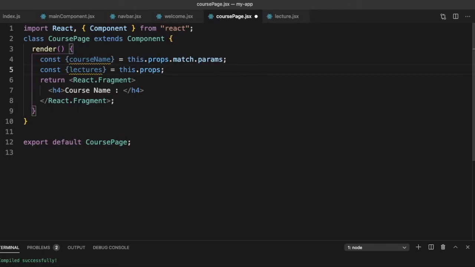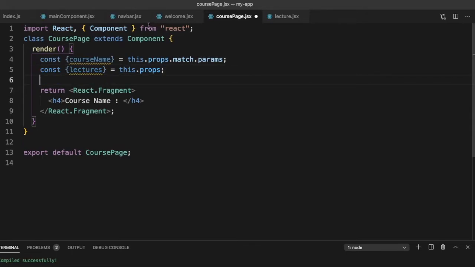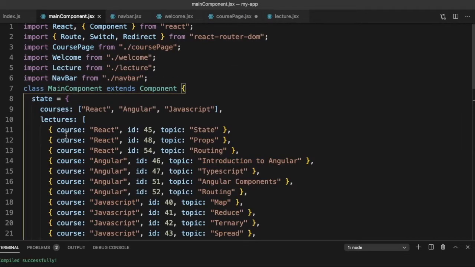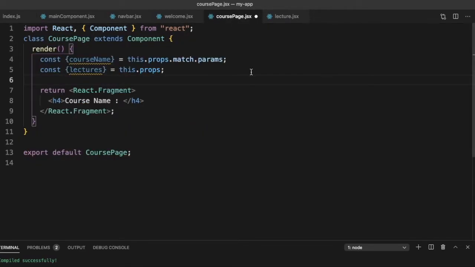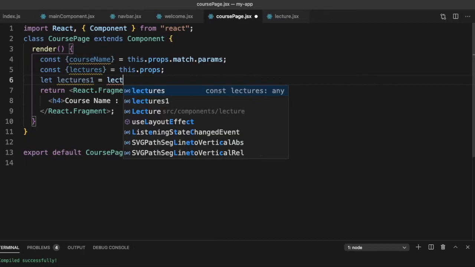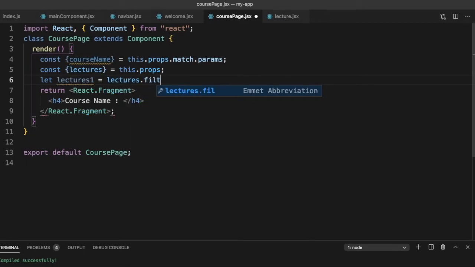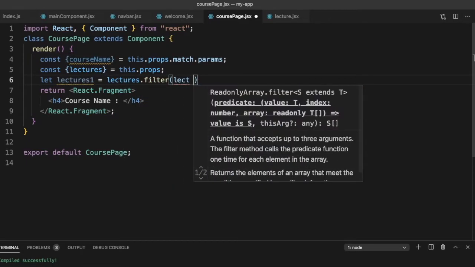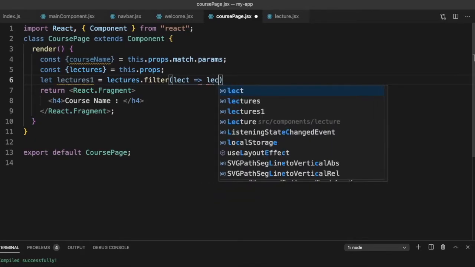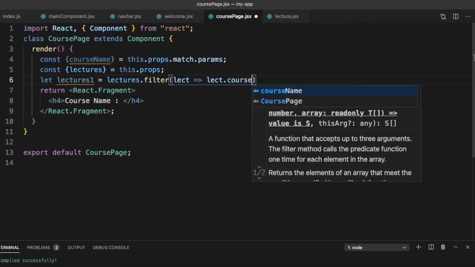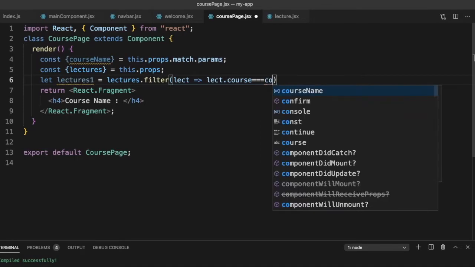And what do we need to show? We need to show all those lectures with this course name. What's the field in main component? It is course. So we can say let lectures 1 is equal to lectures dot filter lect such that lect dot course is equal to course name.